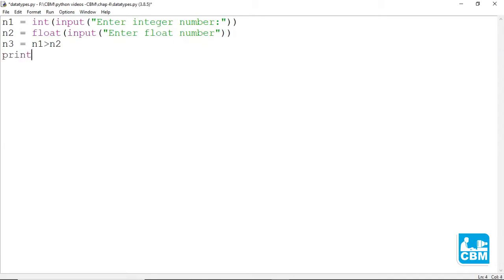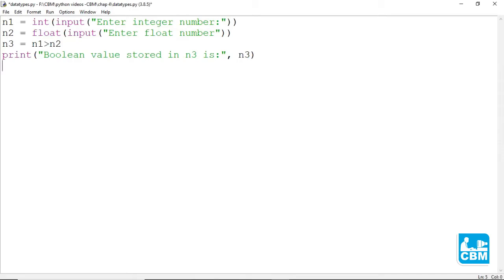Now, print Boolean value stored in n3 is, comma, since I want the value in n3 to be returned in this print statement, I will write n3.